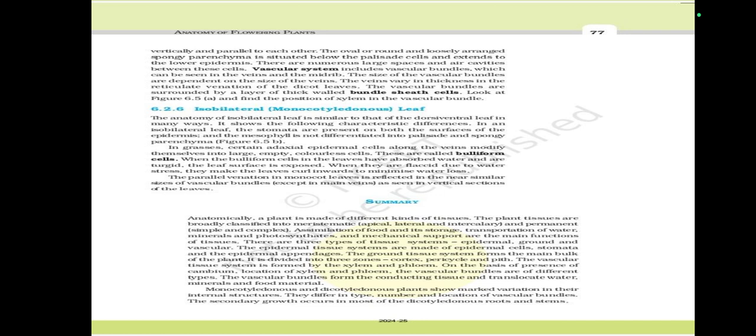the vascular bundles are of different types. The vascular bundles form the conducting tissue and translocate water, minerals, and food material. Monocotyledonous and dicotyledonous plants show marked variation in their internal structures. They differ in type, number, and location of vascular bundles. The secondary growth occurs in most of the